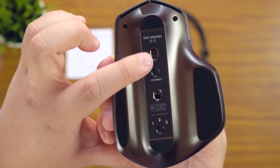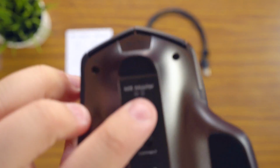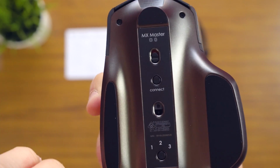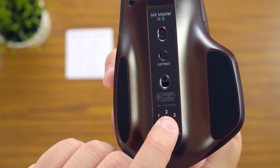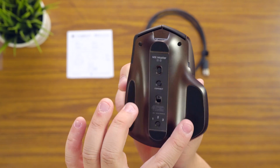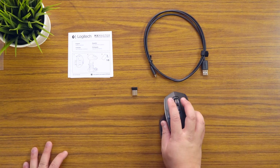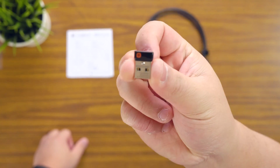At the back, you've got the on-off switch, so obviously red for off, green for on. You see the MX Master, and it's got the Bluetooth and unifying receiver logo. You have a connect button. You've got your laser, I don't even know what you call it, laser tracker thing, and then you have your selector switch. And of course you've got three good plastic slide pads. So yeah, and then you just pretty much use it like this. And of course this is the unifying receiver, which you get